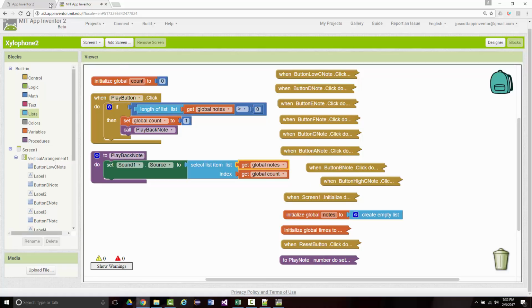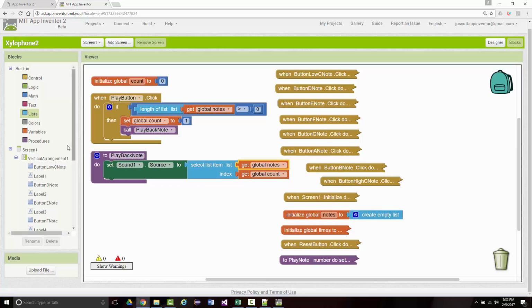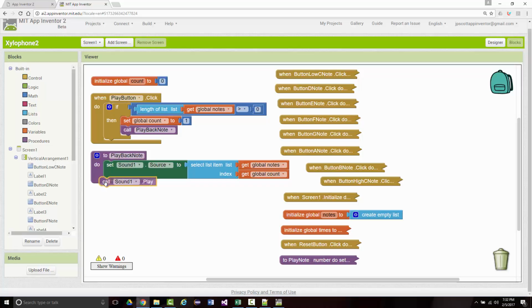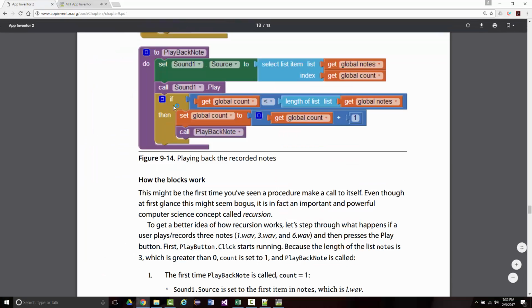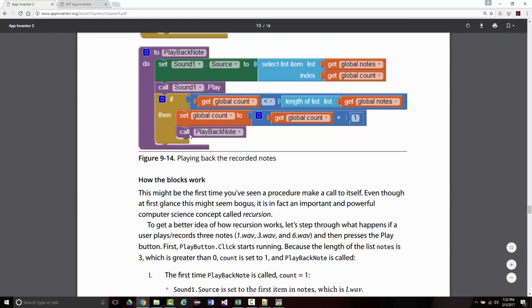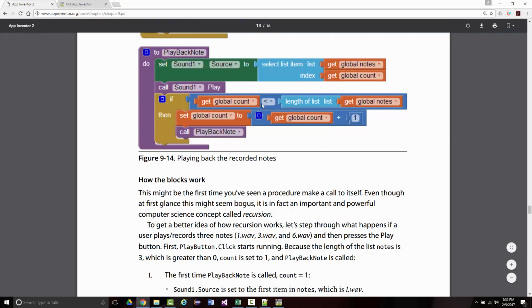Make sure I put those in the right order. Global notes, then global count. Good. Then we want to call sound1.play. Then we have an if-then statement in here. It's if, we've got a less than in here, if get global count is less than the length of the list of global notes,